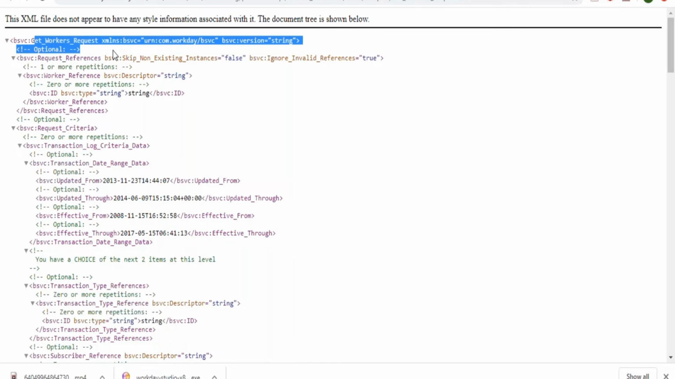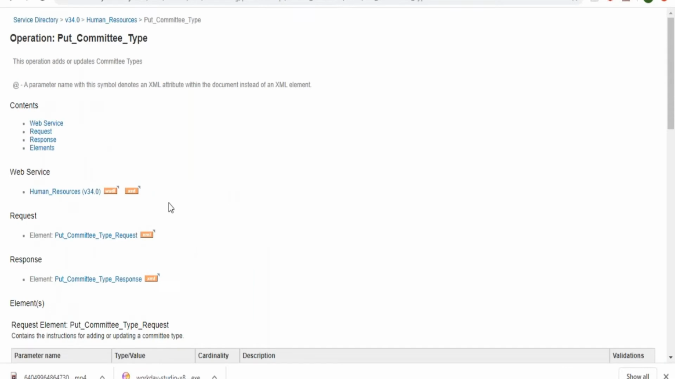If you want to extract it here, we can use a Get Workers web service request. We build a request and send it to Workday, and Workday will provide a response back to us in the form of an output file or output. All these operations I show here contain code. Any operation you click on contains code, and it is used to interact with the persistent store,